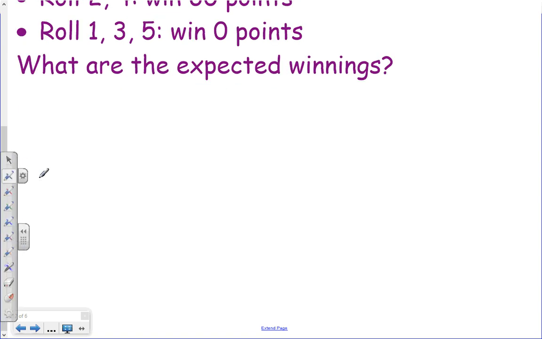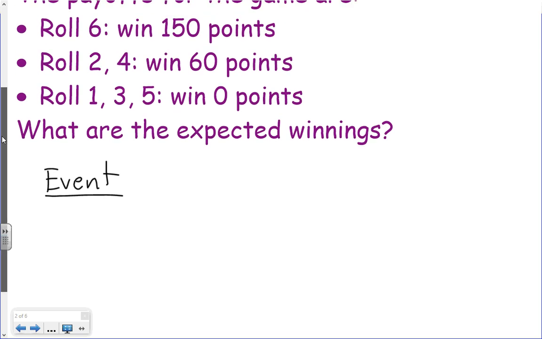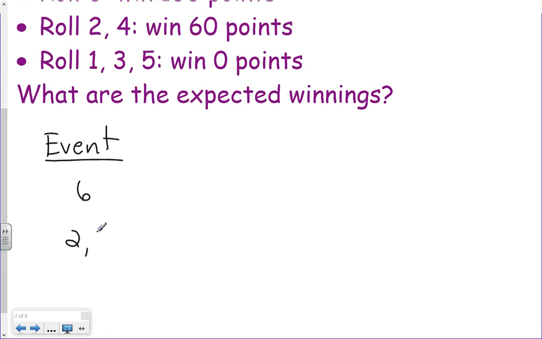So I'm going to make one column. My table will be the events that we're looking at. Right, and the events are how the payoffs here are determined. So the first event is rolling a 6, so I'll put that first in my table. The second event would be rolling a 2 or a 4. And the third event is an odd, so it's 1, 3, or 5. All right, so I'm going to just make a table with 3 rows in it here, indicating for me these 3 different events. And then let's keep track of what the probability